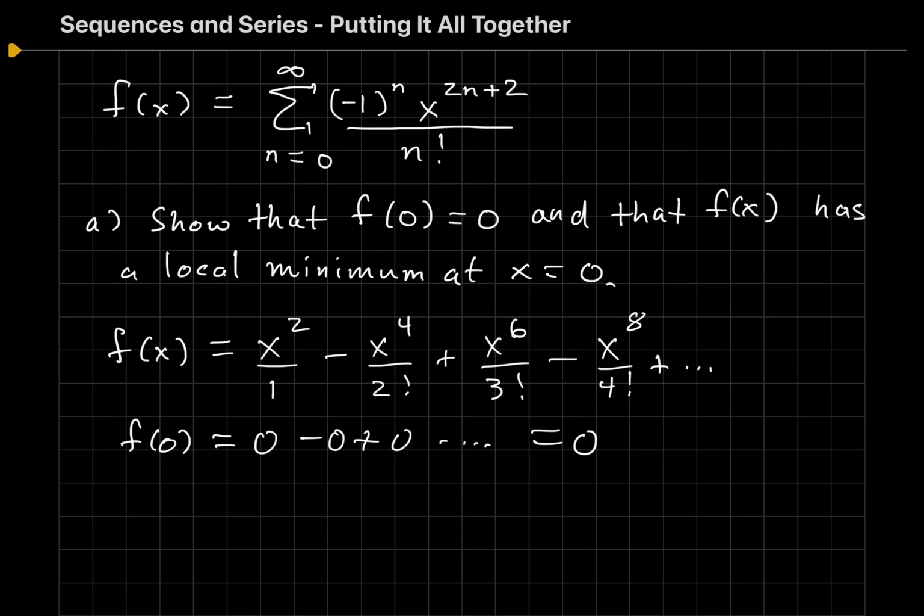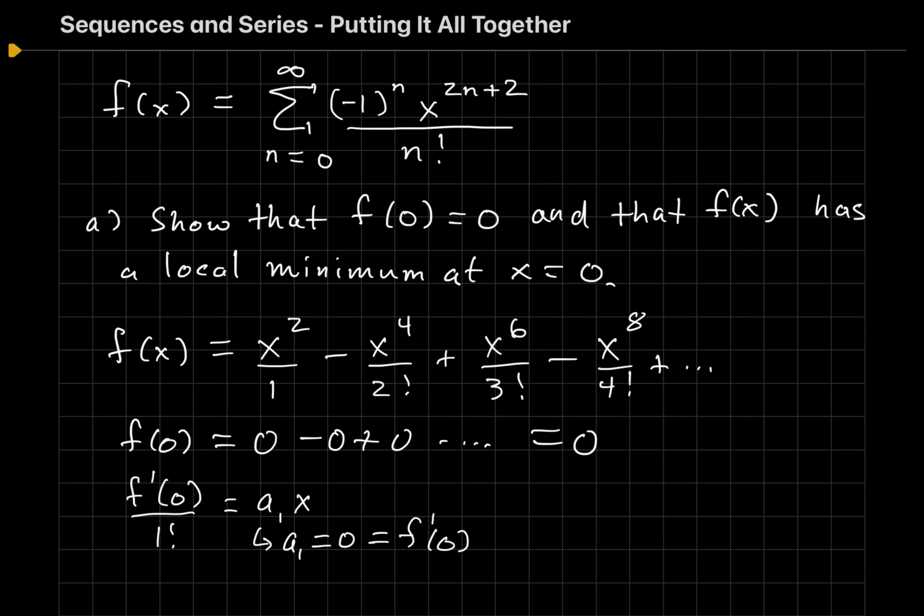Now, let's show that f has a local min at x equals 0. Well, what is f prime of 0? I could take the derivative and plug in, but I know that f prime of 0 over 1 factorial is the coefficient in front of the x to the first term. And since there is no x to the first term, that implies that a1 is 0, and therefore f prime of 0 is 0. So that's a good start,